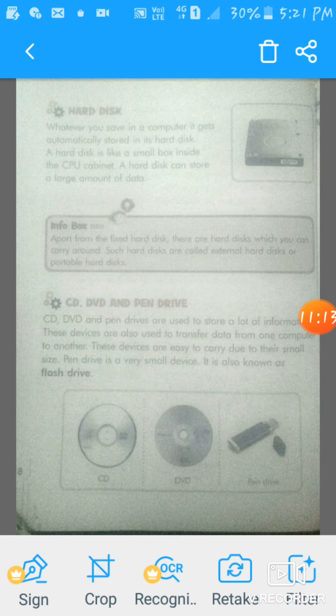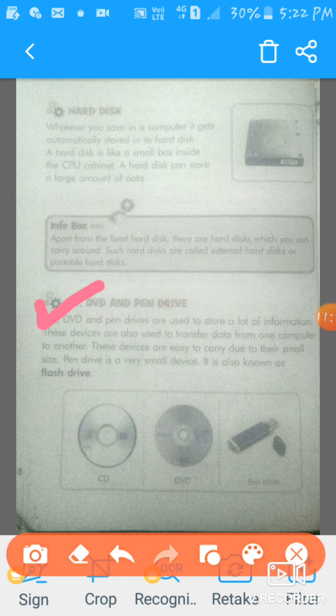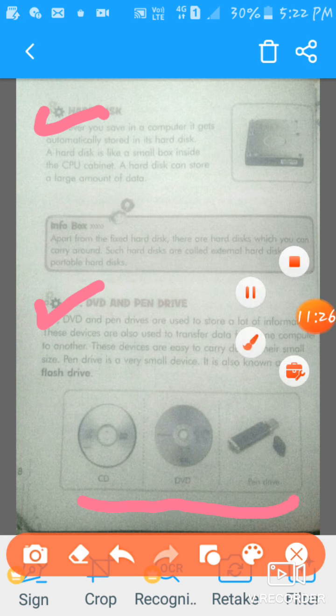CD, DVD and pen drive. Here are pictures of a pen drive, DVD and CD. CD, DVD and pen drives are used to store a lot of information.